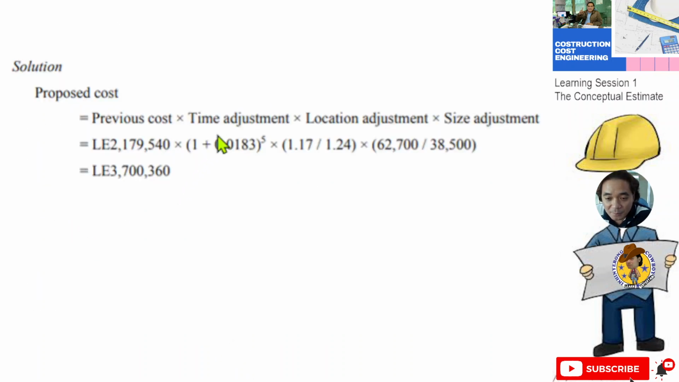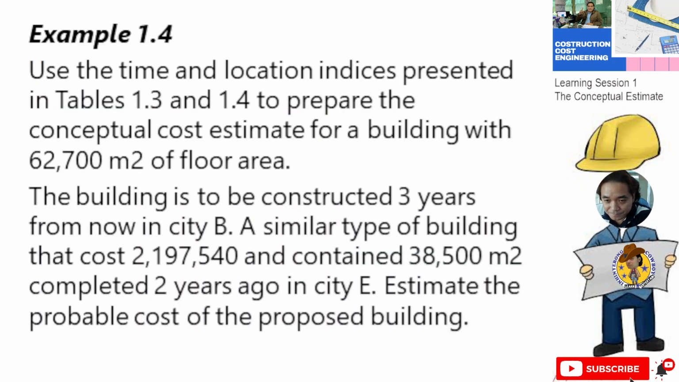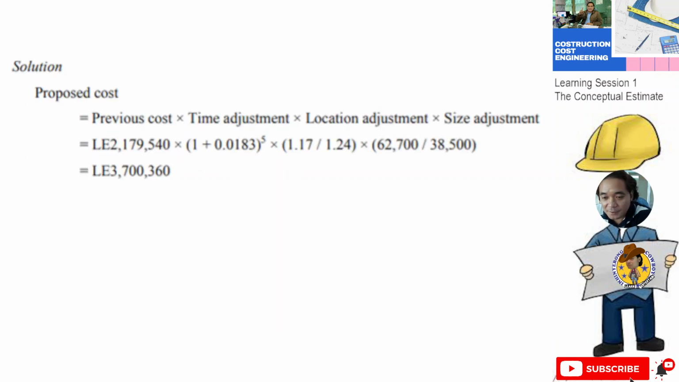Then the time adjustment we have 1 plus 0.0183. Okay, so this is from the previous data. Then the location adjustment is 1.17 over 1.24. Then for the size adjustment, we have 62,700 divided by 38,500. Okay, so size is this one, the floor area. Now our new cost for this project is